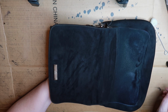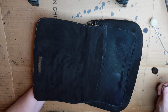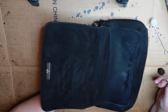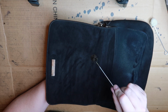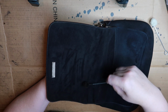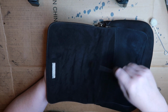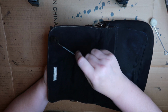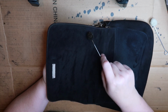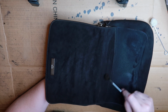I'm perhaps using too much. I know I put a heck of a lot on the back, but I just couldn't cover up those damaged pieces. As far as the front goes, no problem. It might look like I'm pressing pretty hard on this, but I'm actually going in with very light strokes, and it's because I'm using this brush and just swirling it around like this, or brushing it back and forth. It's really trying to get up all the fibers, so I think it's really soaking in the surface quite